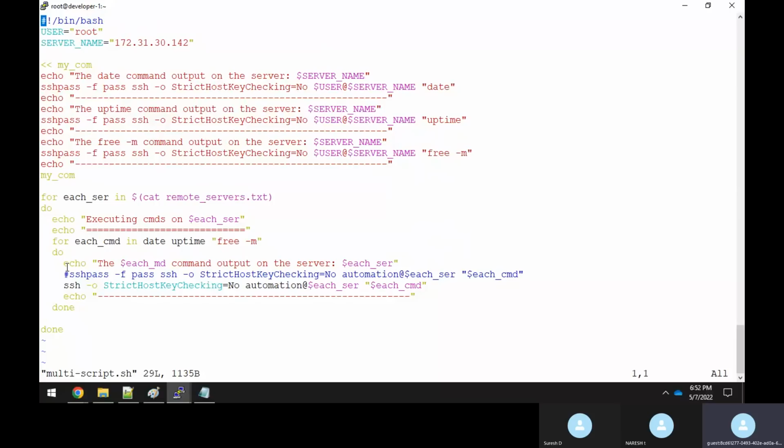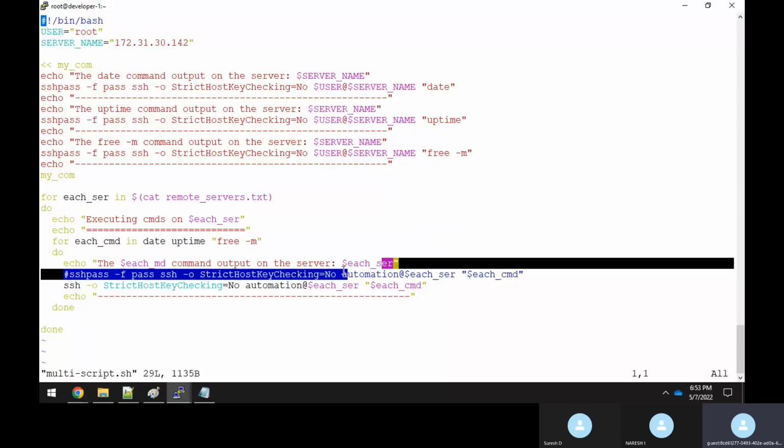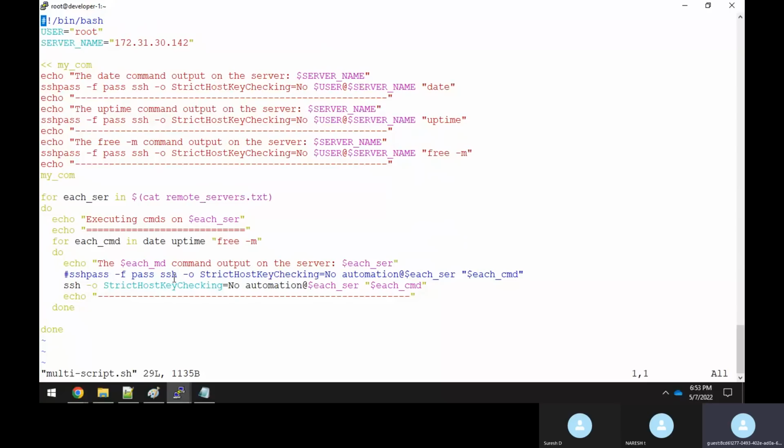So now what you are doing here is echo the each command. The each command means that the date command will come first. The date command output is on each server, where each server is a variable here actually. So it will take the first IP address, and now what you will do, I think I have to automate. I have to comment out this line and enable the other line actually,